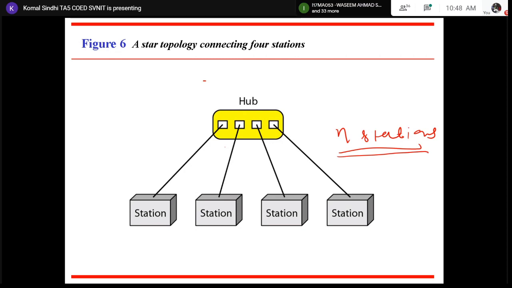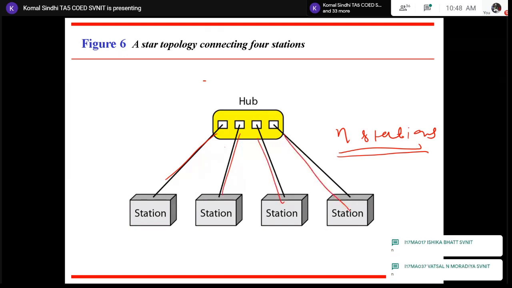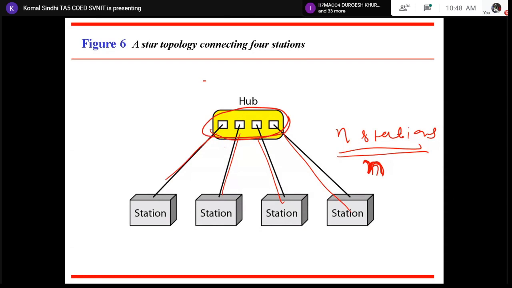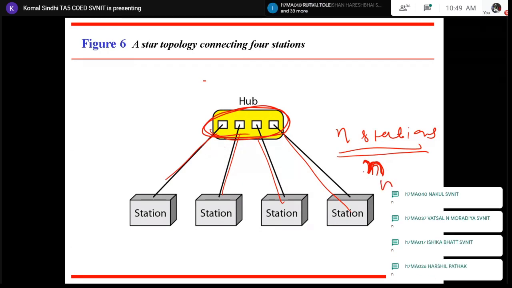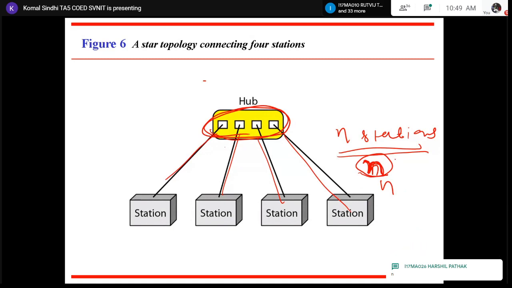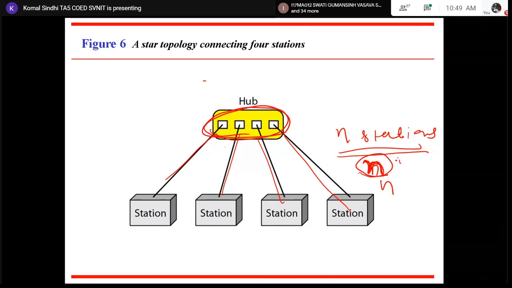What is the number of links or wires required? N, right? And how many ports are required at the central hub? That is again n, right? So here you can see that the number of links is less than what we were requiring in mesh topology, because that was n into n minus 1 by 2, and n is quite less than it, right?